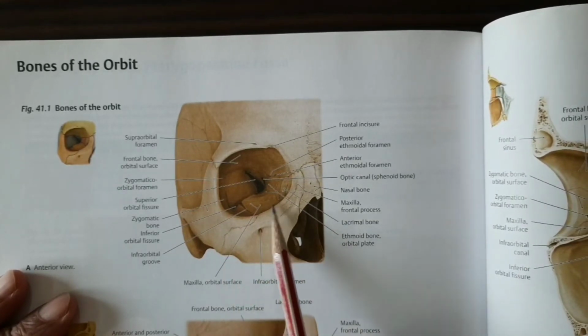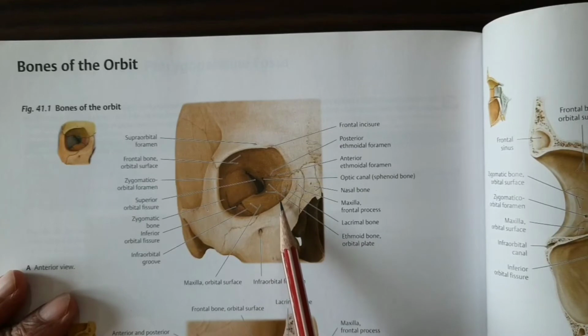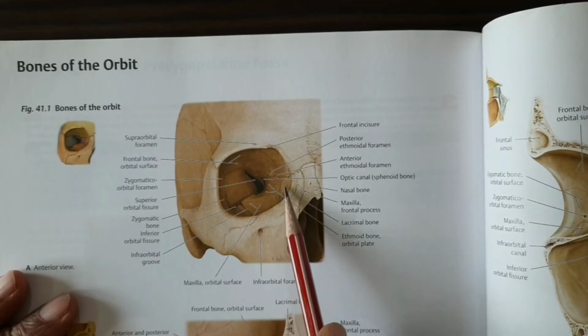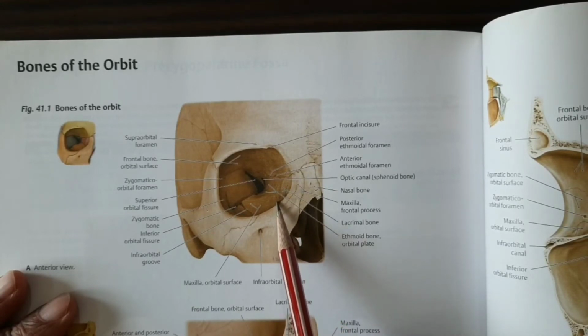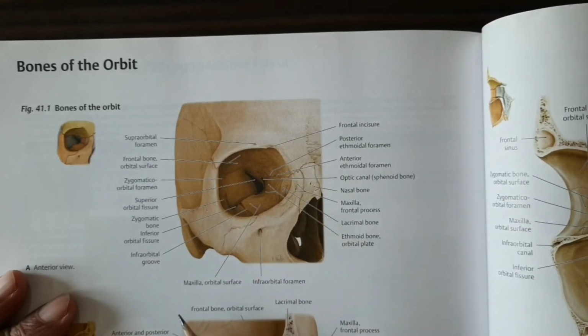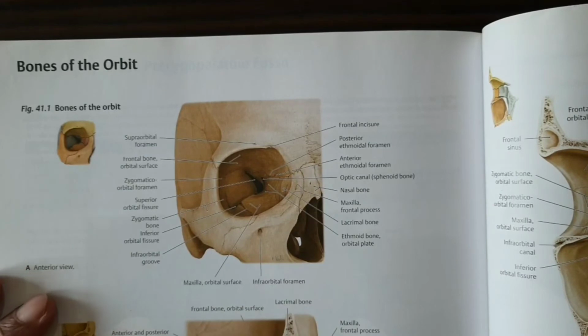Now this is the floor, and at the inferomedial angle of the floor here, close to this lacrimal sac groove, there is the origin of the inferior oblique, which will run backwards and laterally to go to the eyeball behind the equator, as we will see just now. And this diagram will show you about the